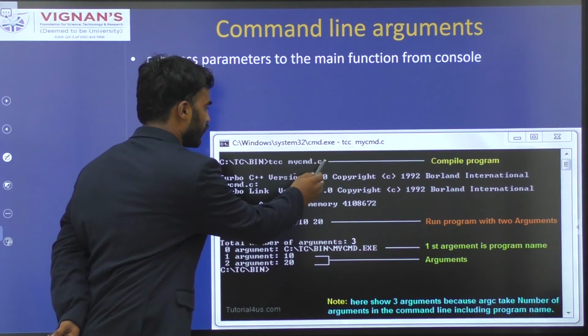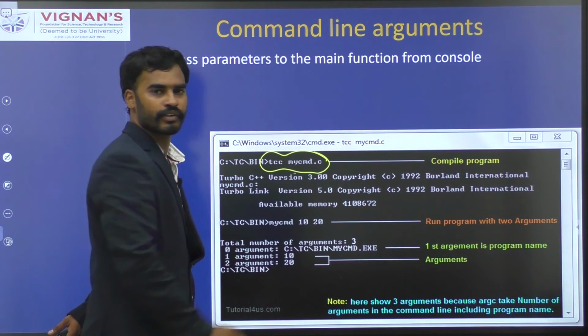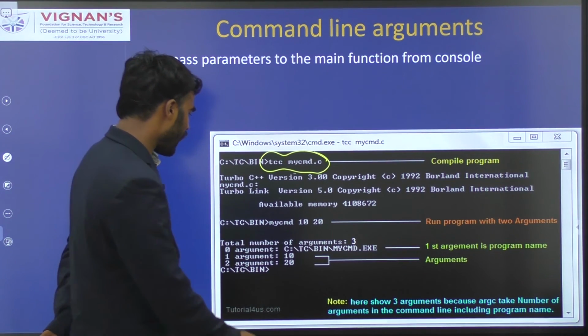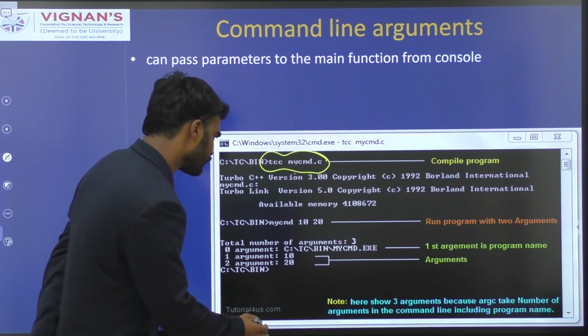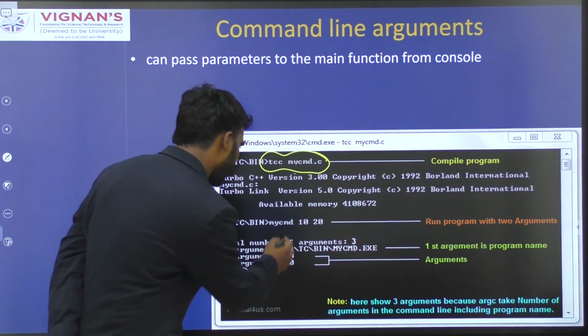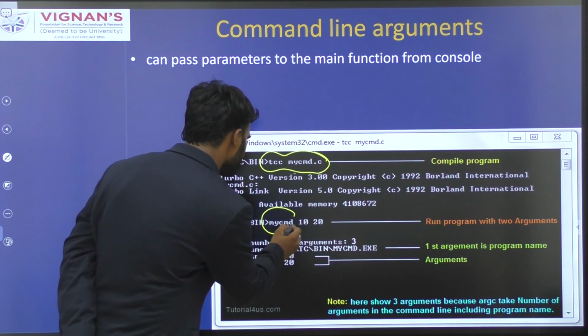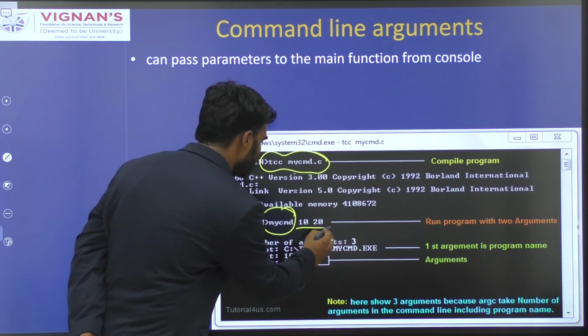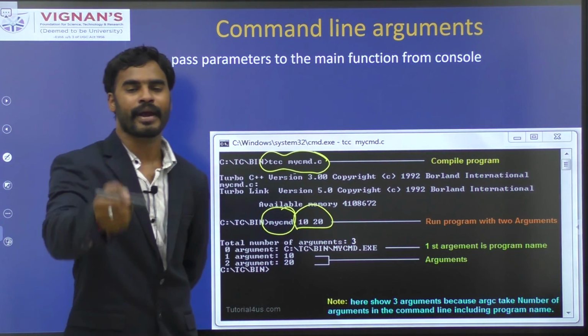After compiling the program, while executing the program, whatever data you pass here will be passed as command line arguments.